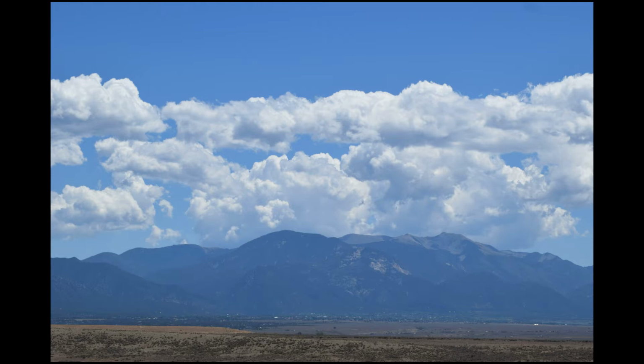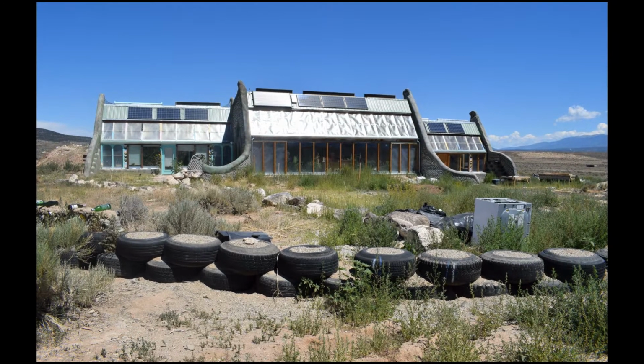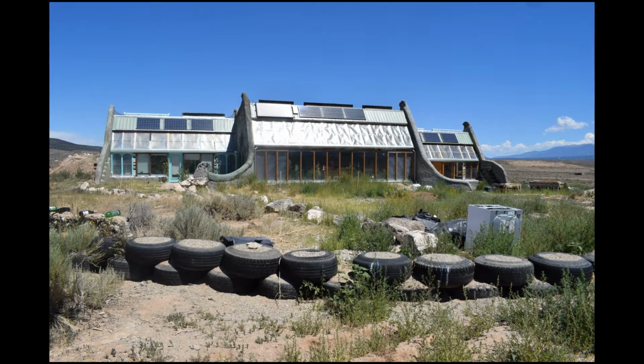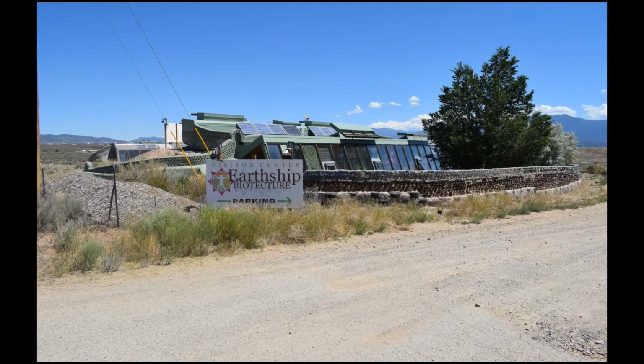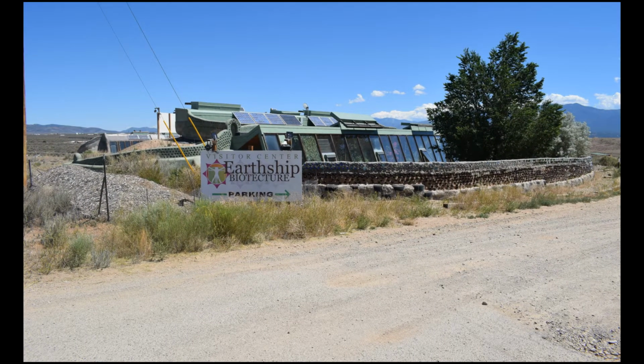Highway 64, north out of Taos, is a two-lane highway in need of repair, but still the most convenient way to link up with larger cities in the state. Some 15 minutes out of Taos, you start seeing strange-looking homes off the highway, so you pull off the highway in front of a sign that says Earthship Biotecture, and suddenly you are thinking about all kinds of things besides the price of gas, where to get your nails done, what to fix for dinner, how many miles to Colorado